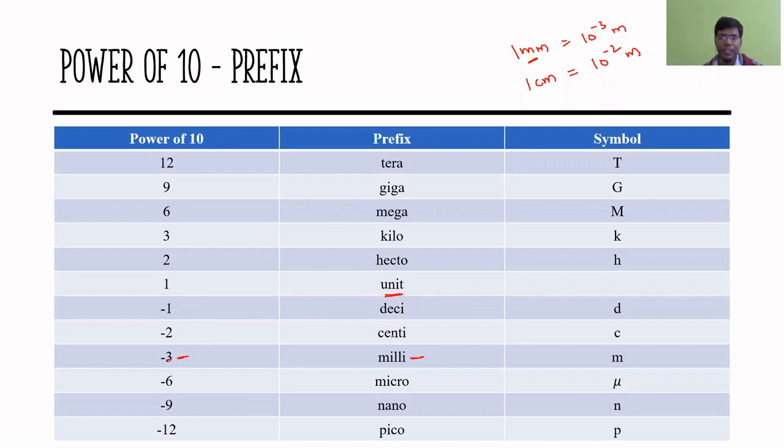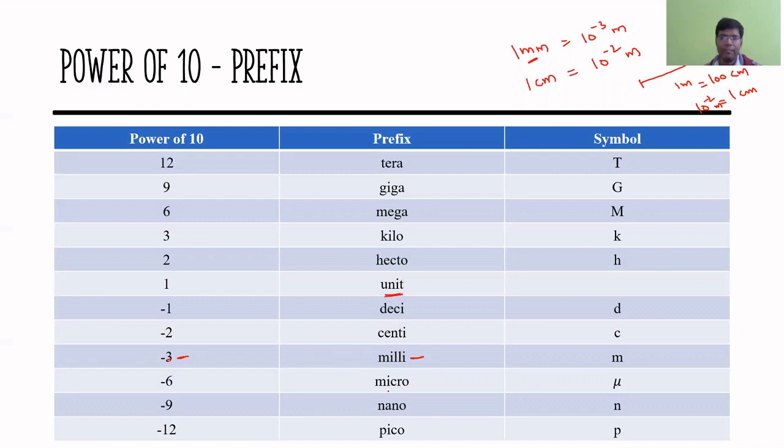For centimeter, all of you might have seen in your home, you have a meter scale. Suppose this is 1 meter. This 1 meter scale has 100 divisions of 1 centimeter each. So that means my 1 meter scale is equal to 100 centimeter. If 1 meter is equal to 100 centimeter, how many meters will be 1 centimeter? That will be 10 power minus 2 meter. How we'll get it, we'll see as we go ahead. So for centi, we have 10 power minus 2.